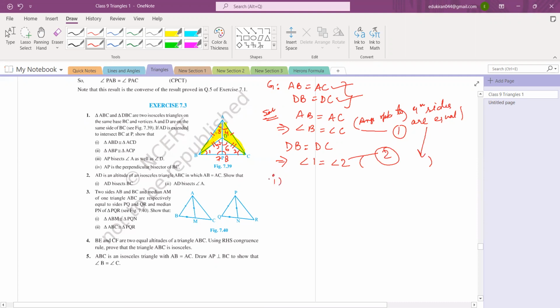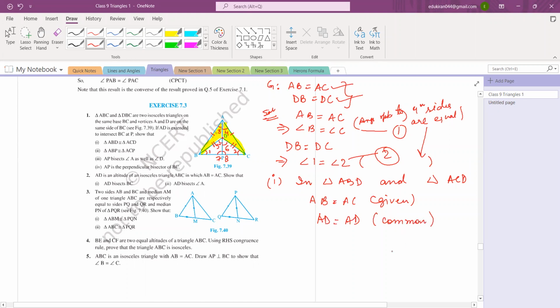Now start the first part. We have to prove that these two triangles are congruent. So take triangle ABD and triangle ACD. Now see what we can do. First, given AB is equal to AC. This is given. Now, which is the common side, Miraj? Just look at the triangles I'm taking. I'm not taking till P, I'm taking till D only here. AD. So AD is equal to AD, common.